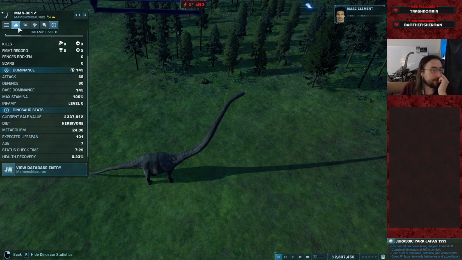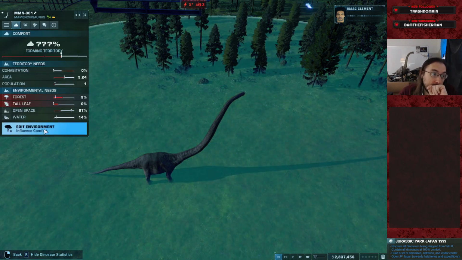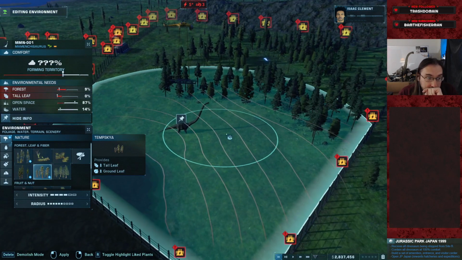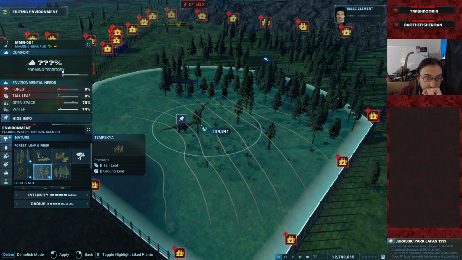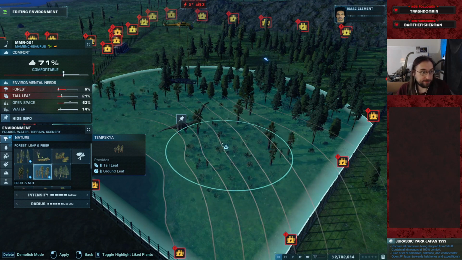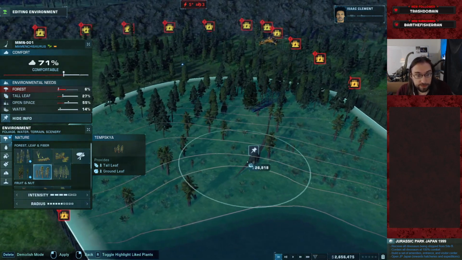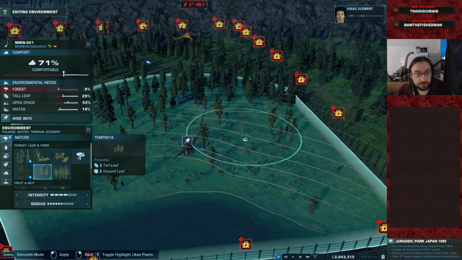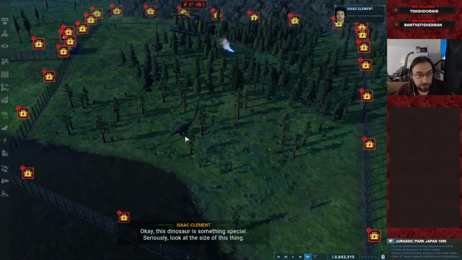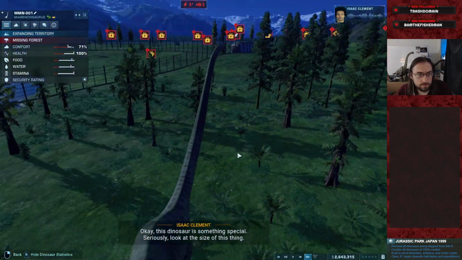I think we did Rexes last, so the Rexes will only be a few years old, so it's not so bad. This is tall leaf and ground leaf. So anything that eats ground leaf we kind of want in here. I feel like Pachycephalosaurus might be ground leaf, and that's kind of unfortunate. We might be able to keep it here, because maybe it won't be that bad, because the water's right here. This dinosaur is something special. Seriously, look at the size of...